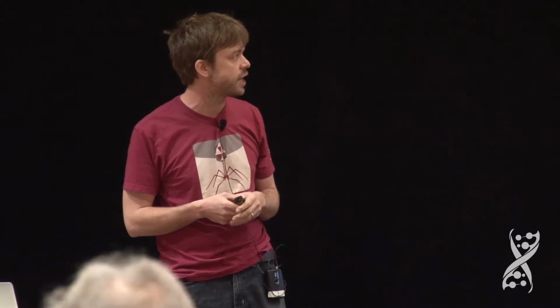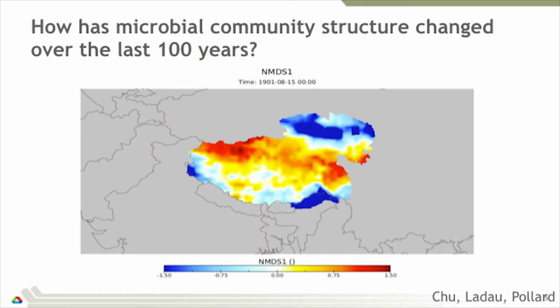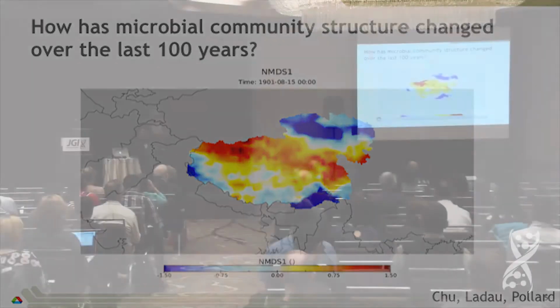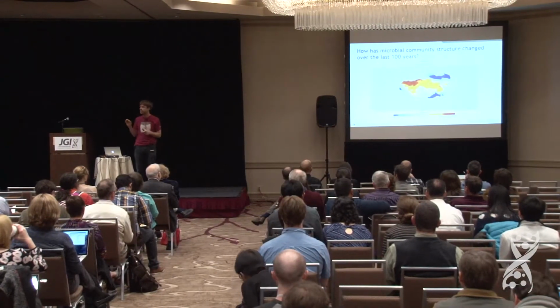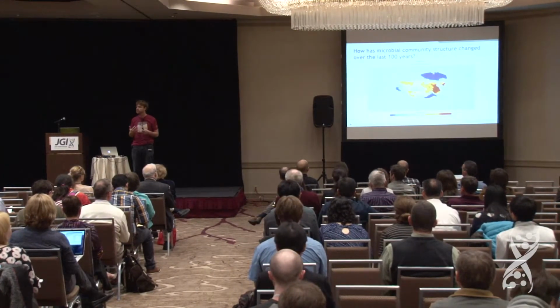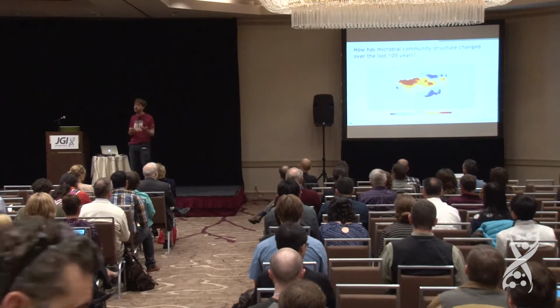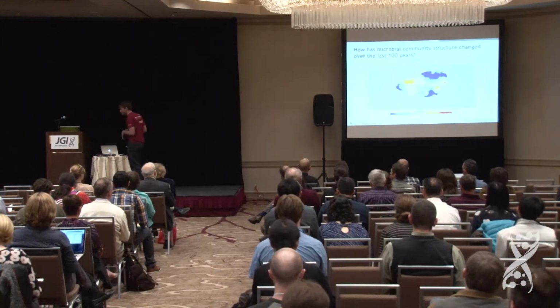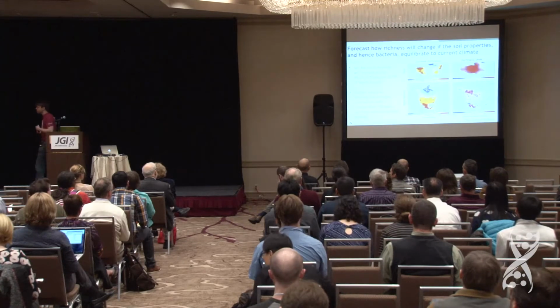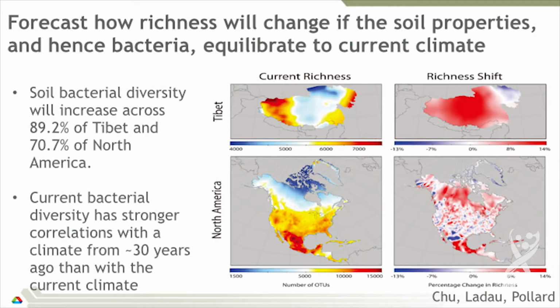So in this video, we're actually seeing a change in the microbial community structure as an average every year since about 1908, going up to about 2011 on the Tibetan Plateau. And this is work from Joshua Ladau's group in collaboration with my group and Katie Pollard and Haiyan Xu from China. What we're really trying to do here is examine, at a very, very coarse scale, how community structure is impacted by changes in large-scale processes such as weather patterns and climate and land use. And this is helping us to really start to understand the microbial structure at this very coarse scale.